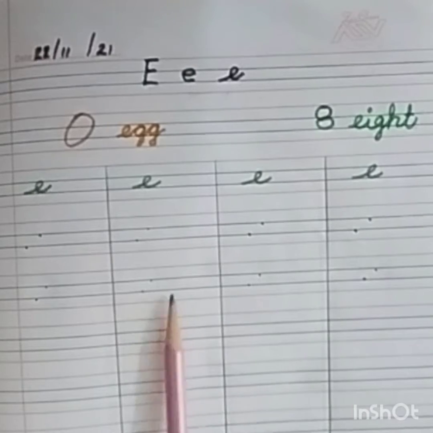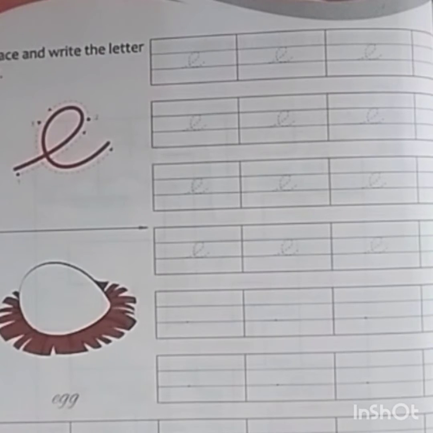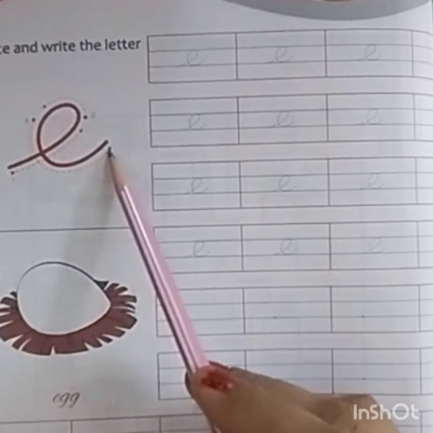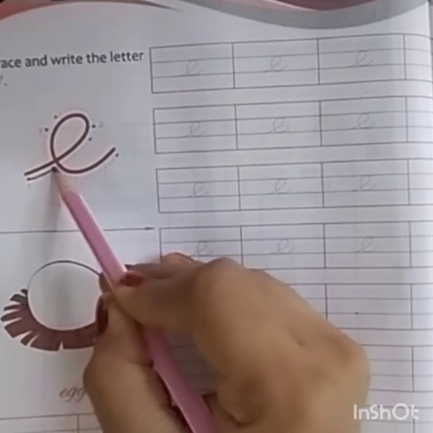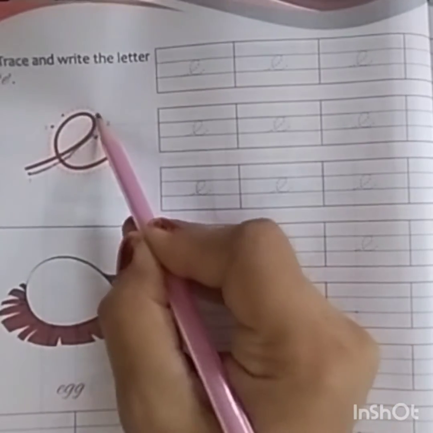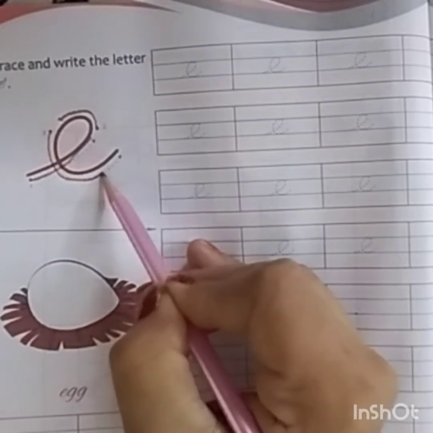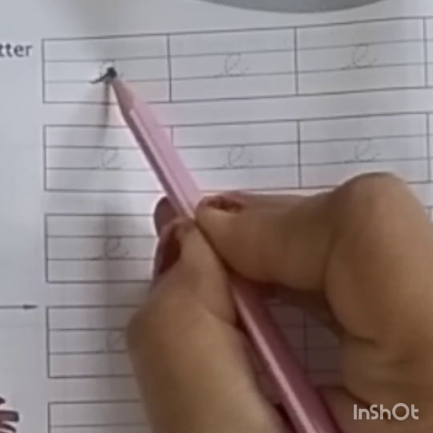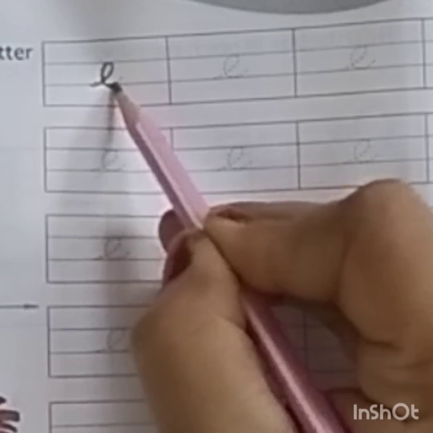So now I will tell you from the book how to write small cursive letter E. Kids, you can see here, this is small cursive letter E. First you have to trace on this letter. Three steps are here. Step 1, start from one, slanting, go upside, turn, make a loop here and come down a little bit, curving like this. So start from this basic line, watch carefully, go slanting up to the upper middle line, turn and here make a loop, come down to the basic line like this.